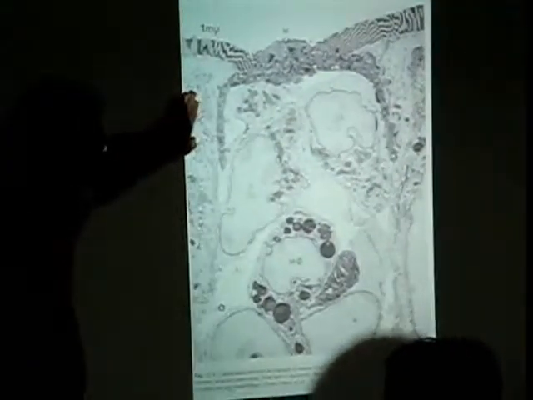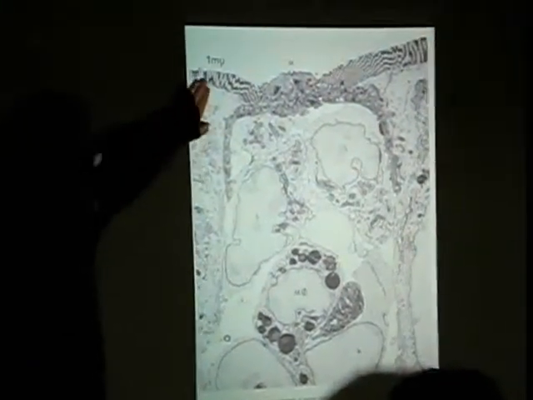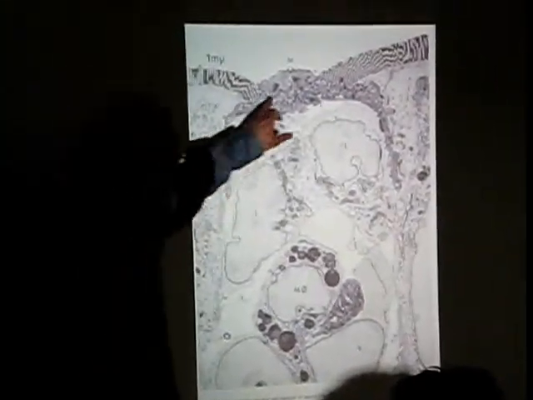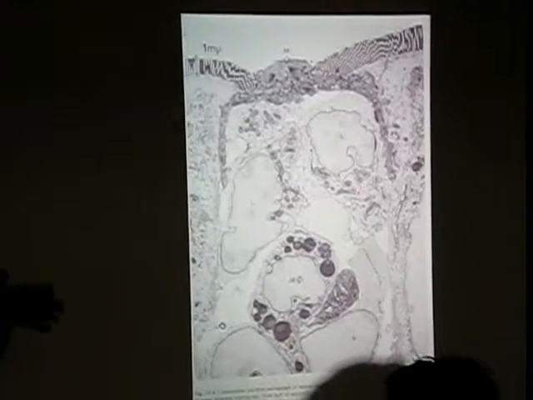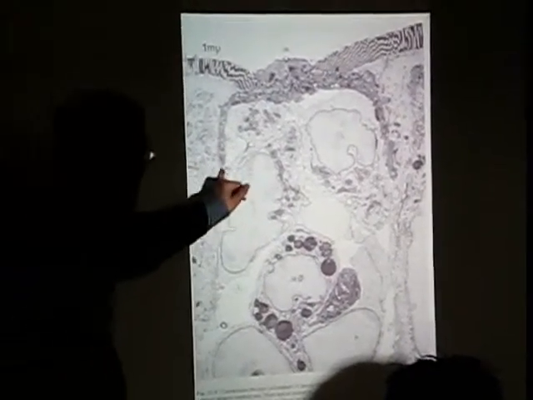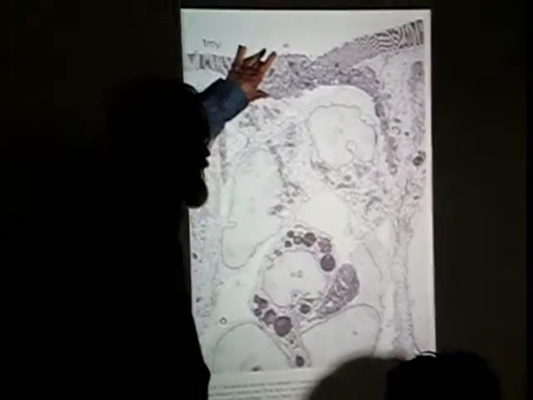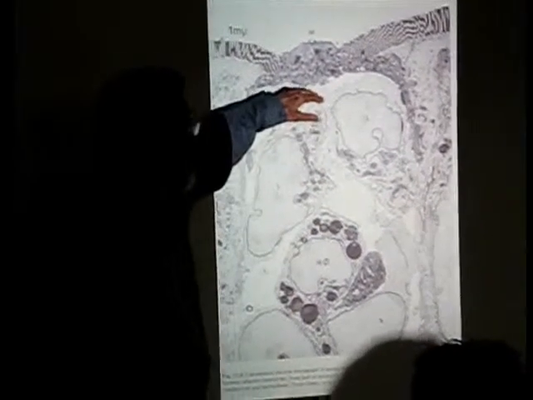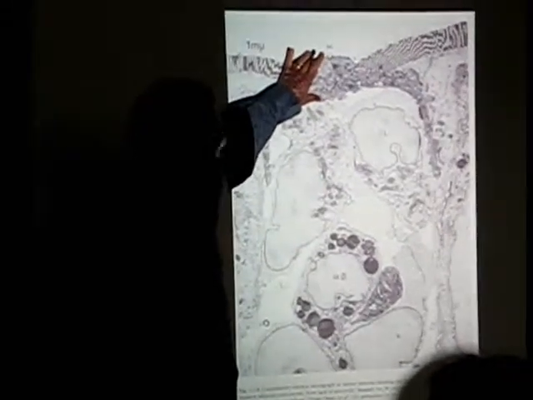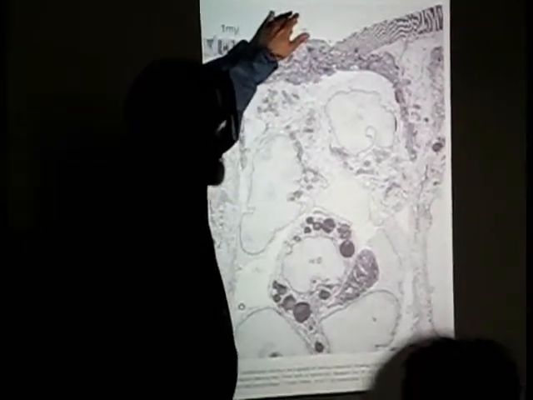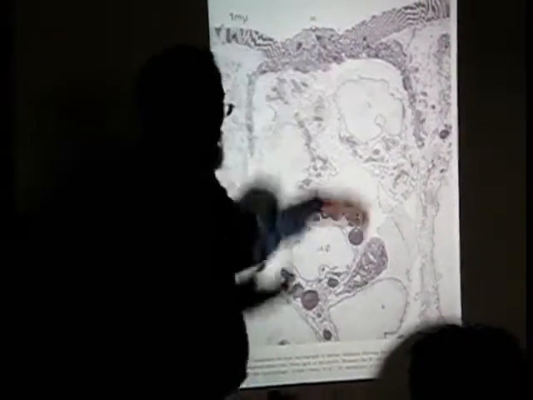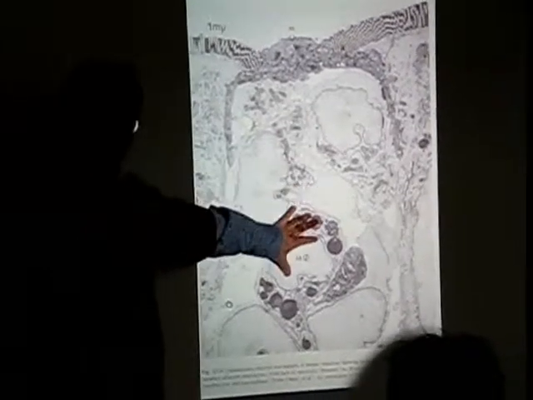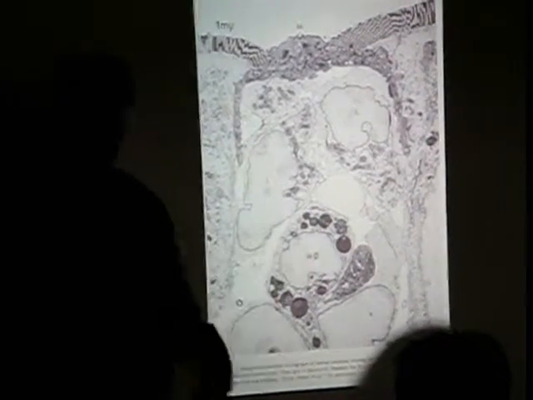So you've got a simple columnar absorptive cell here with microvilli, and one here. But this cell here is clearly not a simple columnar cell. Look how it's attenuated. So you've got just a little bit of cytoplasm here, and room for lymphocytes and macrophages to come right up and be just 2 or 3 microns from the outside world. So this cell then will endocytose antigen, fragments, whatnot, that will stimulate lymphocytes and macrophages to either present antigen